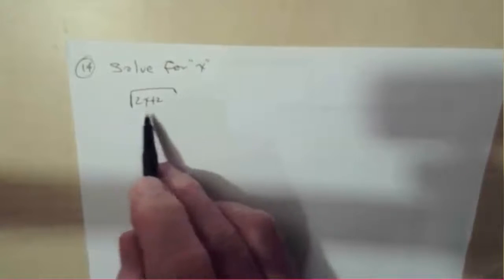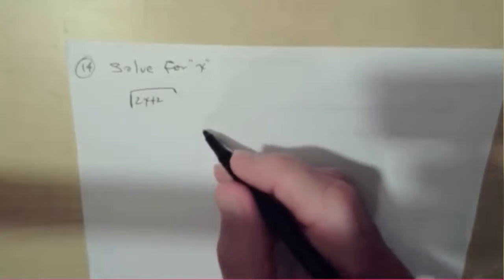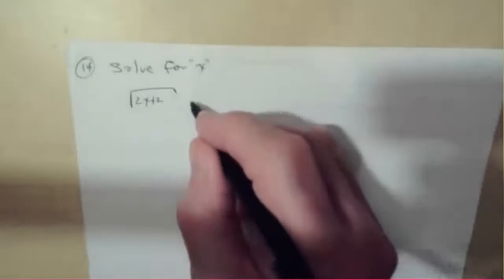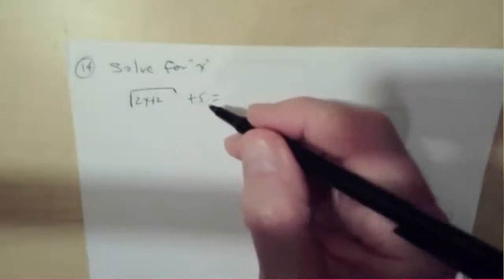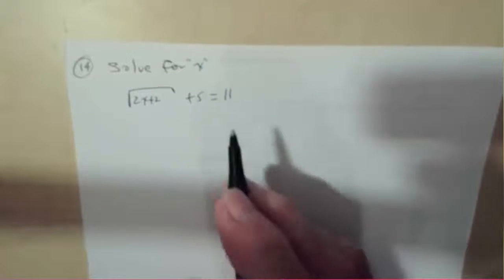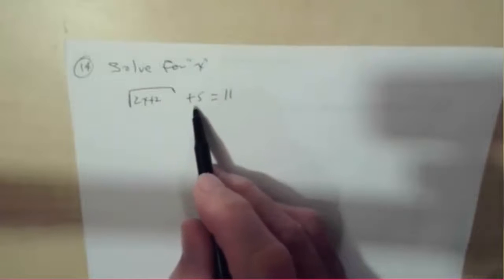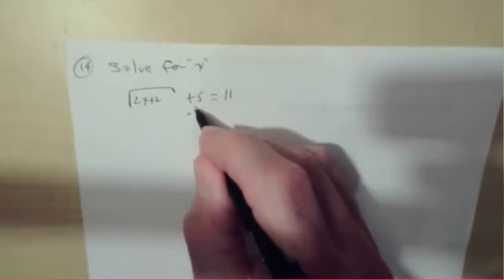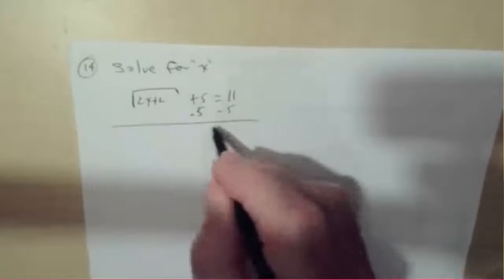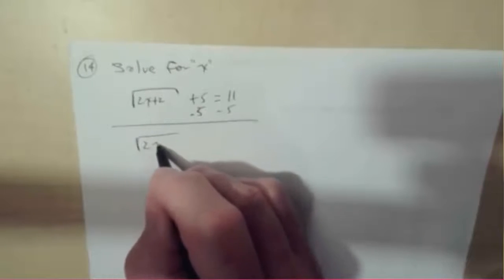That means that it's the end of the radical. Plus 5 equals 11. Now the first thing we do is we get rid of the addition subtraction. So we subtract 5 from each side, and we get the square root of 2x plus 2